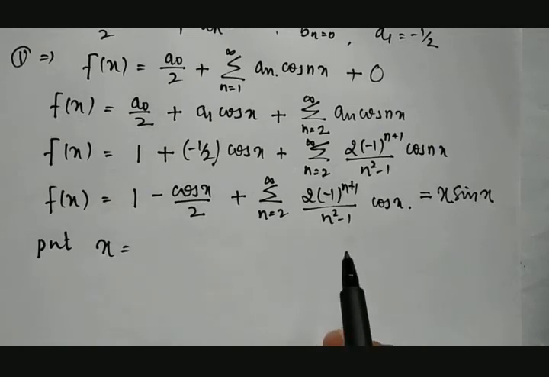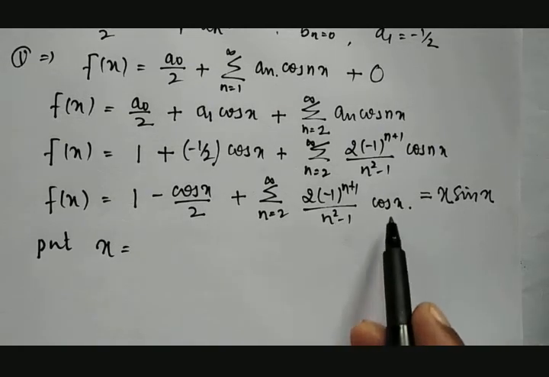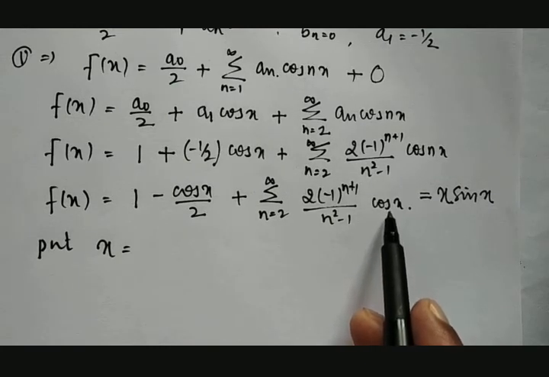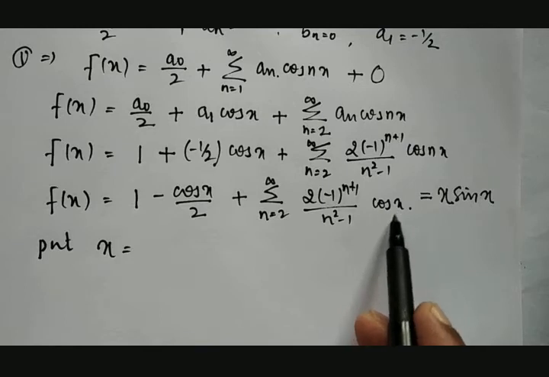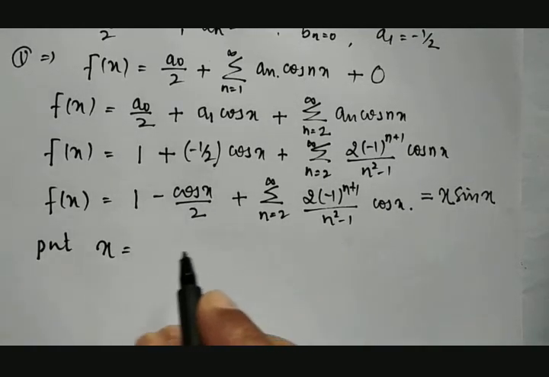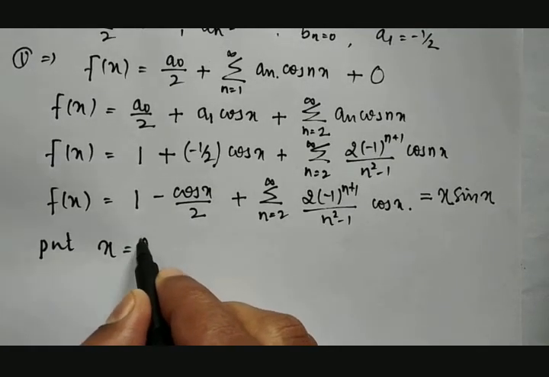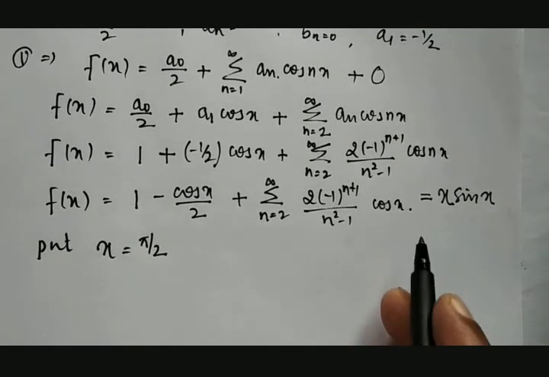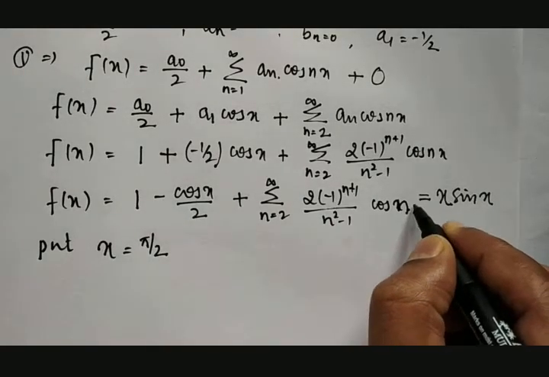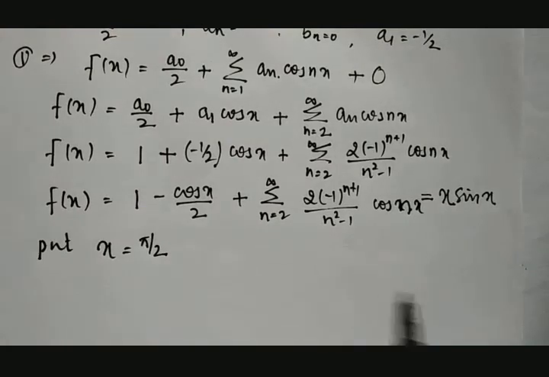Which value we need to prefer? Here you can see, in this case, there is a cos term, no doubt. If you take a cos term, if you take 0, then automatically what happens? It will become 1, but other terms become 0. For this purpose, what we do, we'll select x is equal to pi by 2. I know it is not exactly favorable to cos x, but here we have cos nx. So my alternate values will sustain.